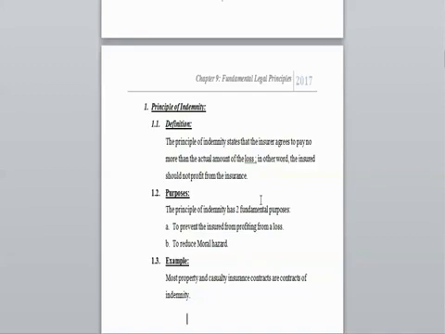If the loss payment does not exceed the actual amount of the loss, the temptation to be dishonest is reduced. It is applicable for most property and casualty insurance contracts, as they are contracts of indemnity. It is not applicable to life insurance contracts,